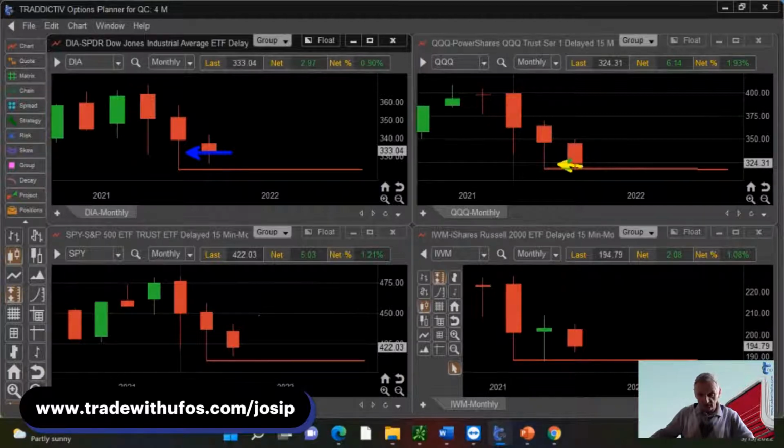Nasdaq, or the QQQ, is still close to the border, very close to going even lower. They just need one more piece of bad news from whatever source. IWM, yeah, it had a very strong month in February. It was closing in the middle. But look, where is it right now? Is it closer to the middle of the range of March or closer to the lower end? So I would say, Joe, in this case, on Diamond, I'm putting the most weight because it's just kind of jumping out at me.